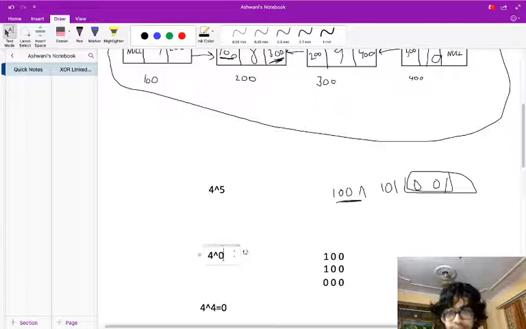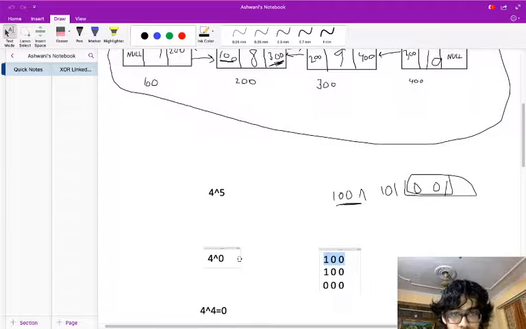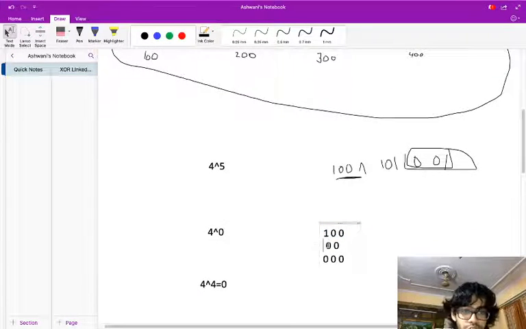Let's convert it into binary. 4 will be 1 0 0, and 0 will be 0 0 0. Let's take the XOR of it. The XOR of 1 and 0 is 1. The XOR of 0 and 0 is 0. The XOR of 0 and 0 is 0. So what do I get? I get 4 again.